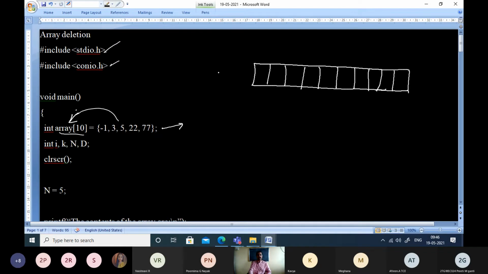What is the name given for the array? Name given for the array is array. Index values will start from 0, 1, 2, 3, 4, 5, 6, 7, 8, 9. This is the present array. And what are the initial values that we are storing here? -1, 3, 5, 22, and then 77.